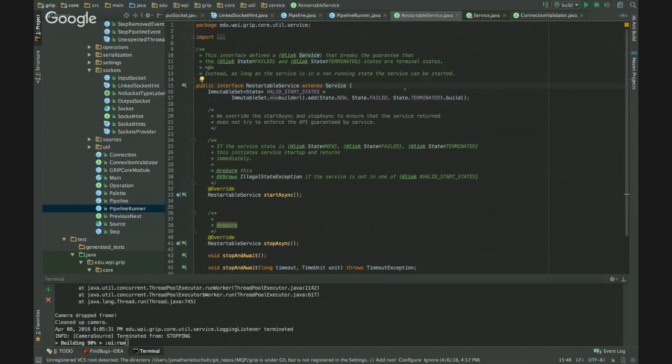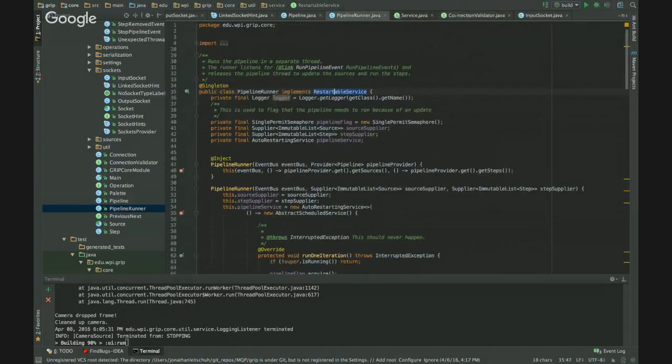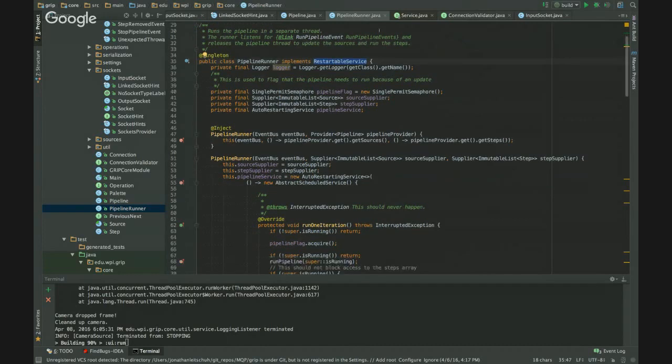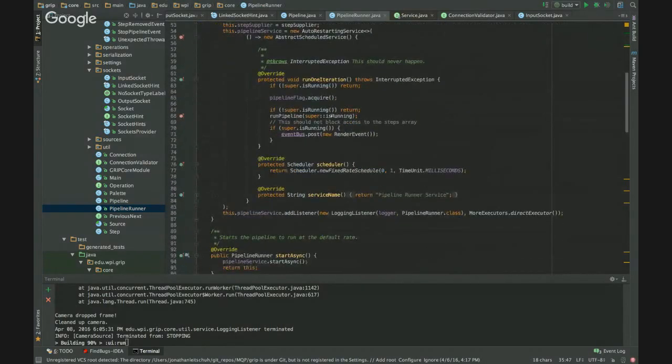The other case is if the service thread throws an exception and dies, you might want to have it restart automatically, because you want it to kick over like an engine and restart. So that's what the restartable service is for. Pipeline runner is a restartable service. And what it does is,